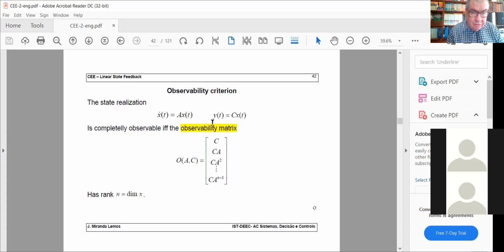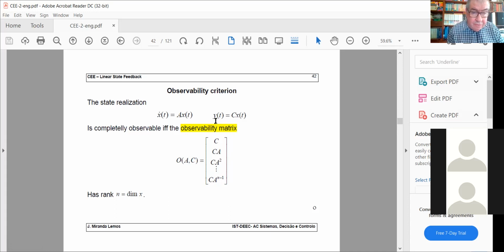If y is only of dimension 1, a scalar, then this matrix should be invertible. That's the same thing as asking that the rank of the observability matrix is equal to the dimension. And